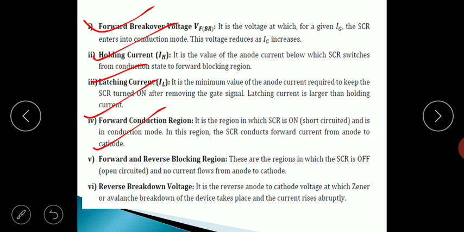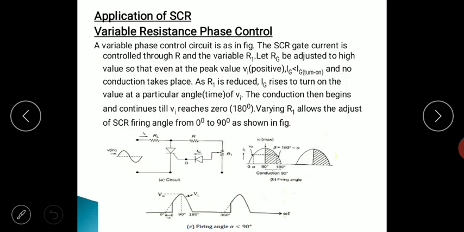And the last parameter is the reverse breakdown voltage. It is the reverse anode to cathode voltage at which one of two breakdowns takes place, either Zener breakdown or avalanche breakdown. That is what is called the reverse breakdown voltage of the SCR. So these are the important parameters that we can define from the characteristics of the SCR.